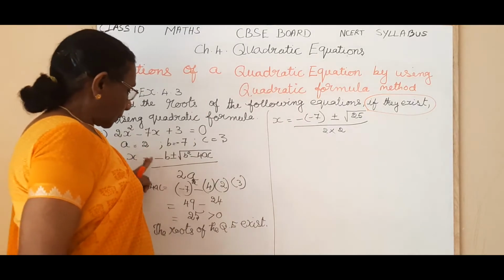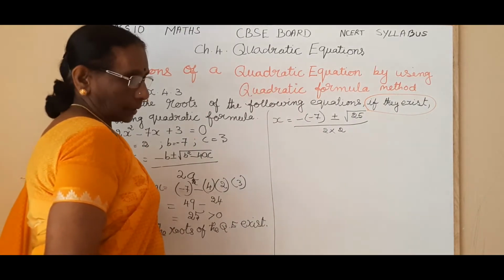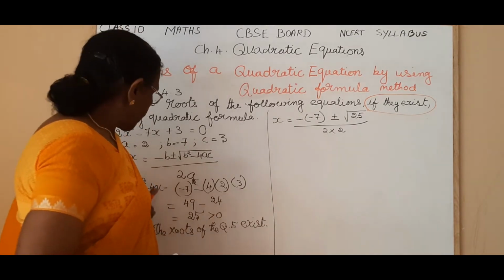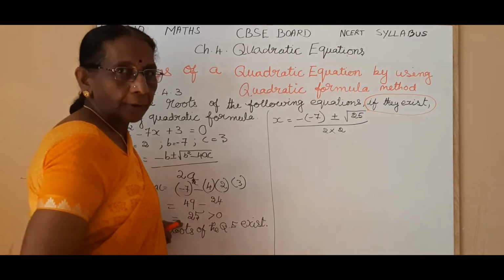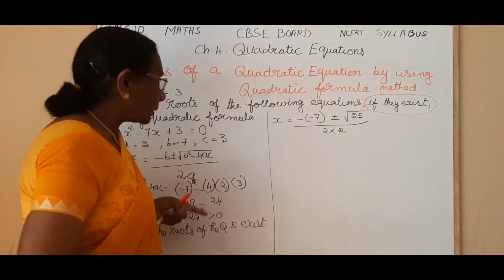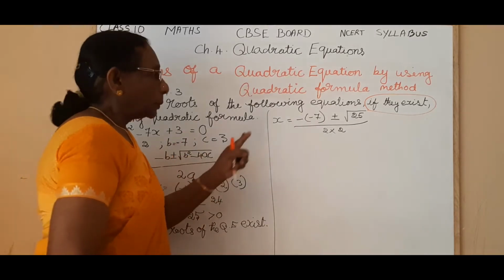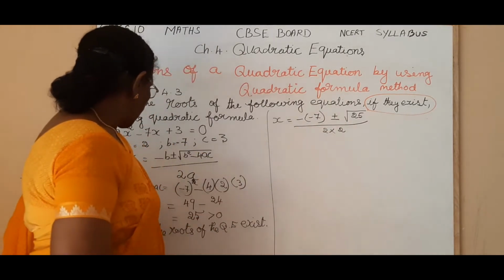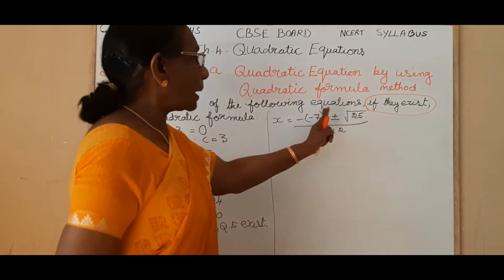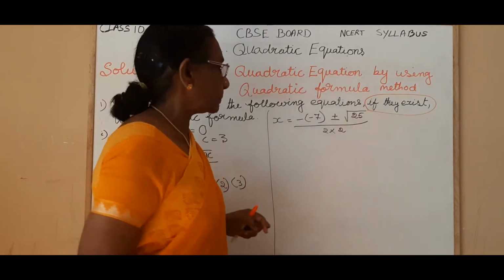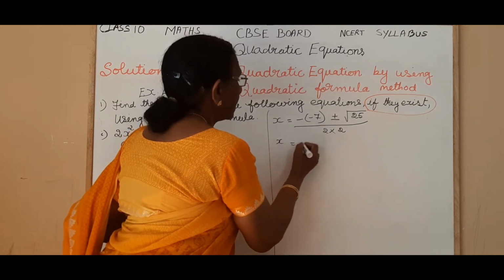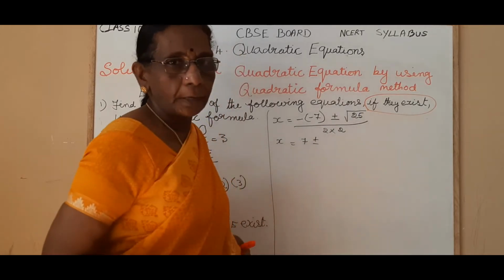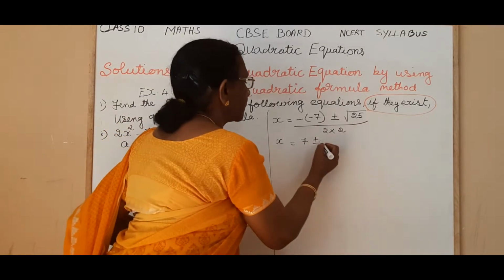Is it clear? So you calculated b squared minus 4ac. The special name for b squared minus 4ac is discriminant. Okay. So you have calculated this and we got 25, and then you are just substituting the values in the formula. b is minus 7, so minus of minus 7 plus or minus the value of b squared minus 4ac, which is 25. So we are writing inside the square root as 25. And so x is equal to 7 plus or minus root of 25, what is it, children? 5 into 5, 5. All of you know that.